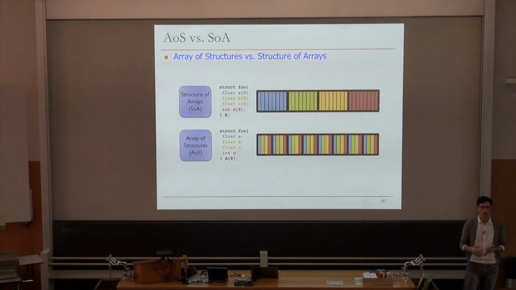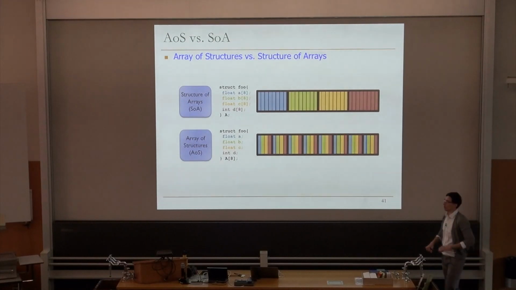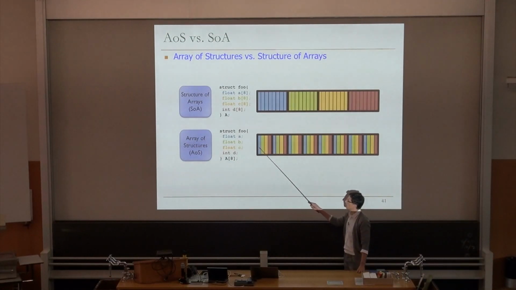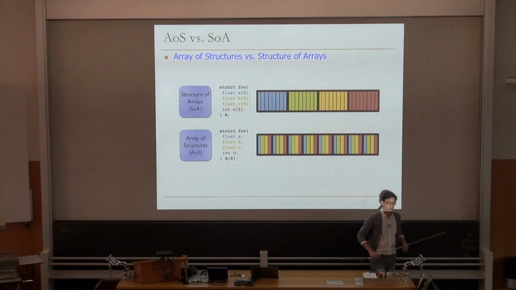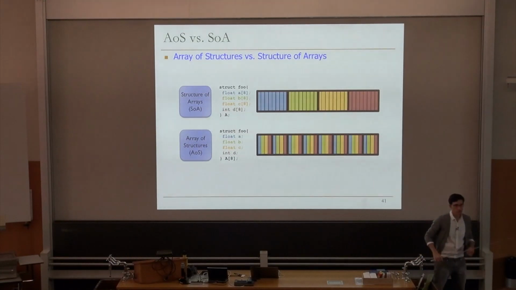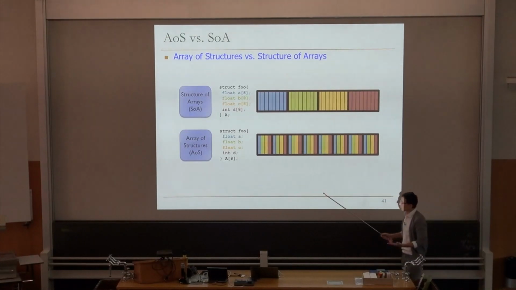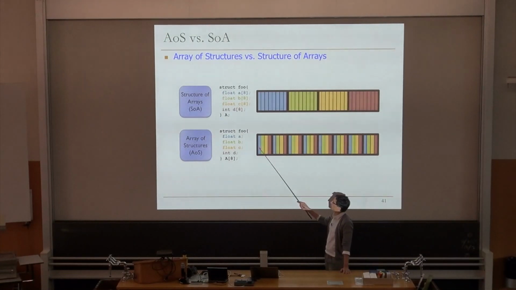And it's probable that when we operate on the first pixel, we need to access the red, green, and blue channels, right? So for a CPU, it's good that if the first thing that we access is the green value,